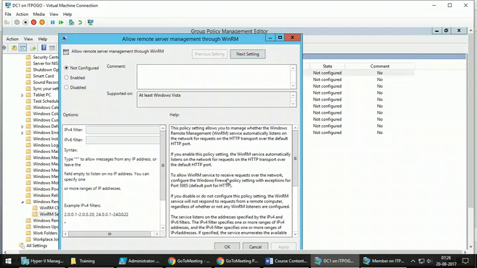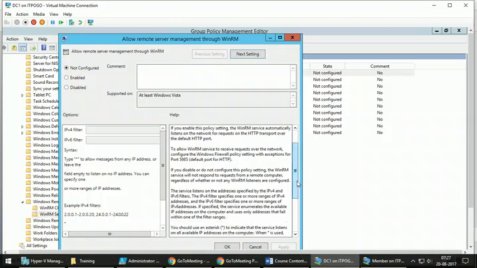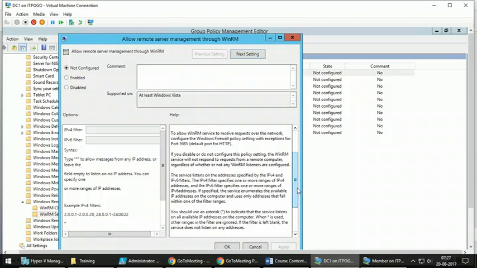It will allow the WinRM service to receive requests over the network. It will configure the Windows firewall policy to set an exception for port 5985. As I said, PowerShell remoting uses 5985 for HTTP traffic and 5986 for secured HTTPS.